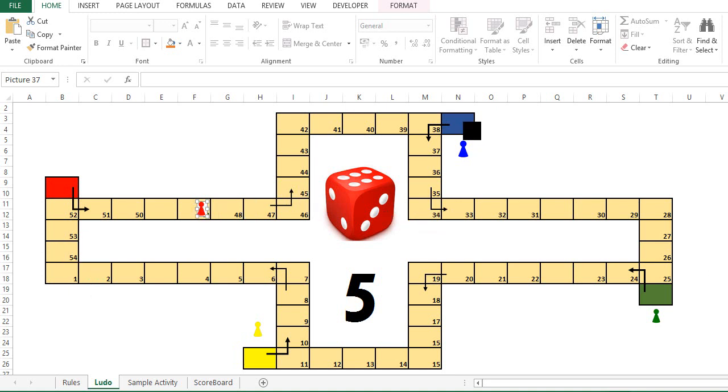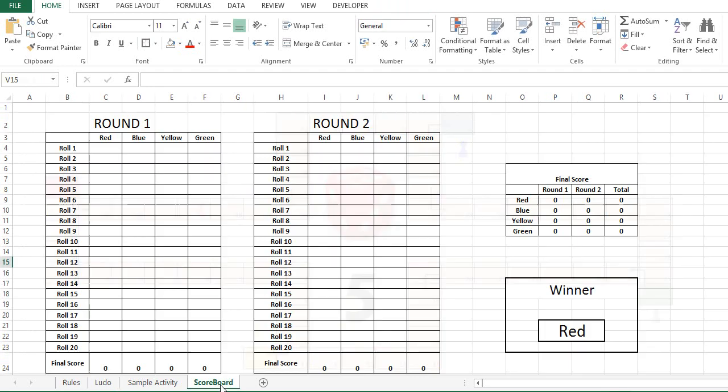So like that, a person would move. The next turn would be for red, then for green. That's how the team would move, and the one who reaches this spot again first would be the winner. At the same time, when we are playing a quiz, we can have a scoring pattern. So we have taken this quiz for 2 rounds, and let's say the red team plays the first round, and for each correct question the score is 10. For a wrong question it's no score, or maybe 0.